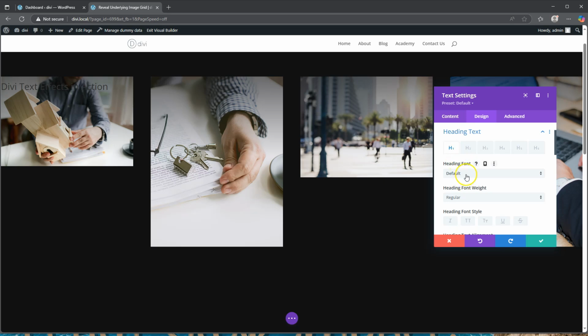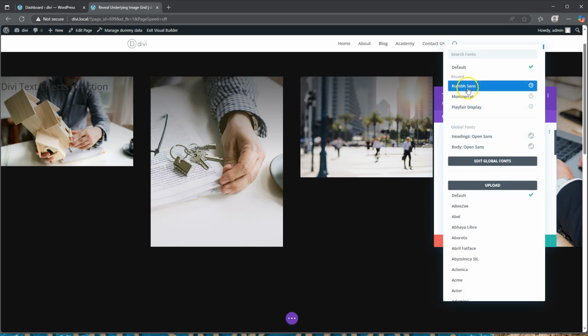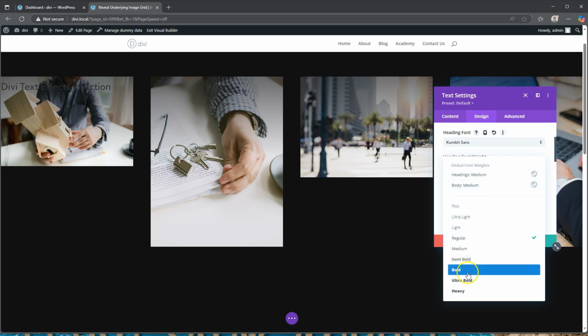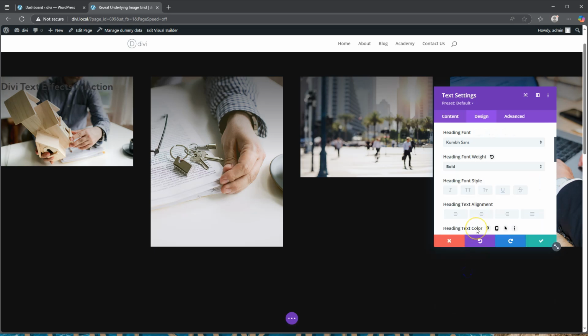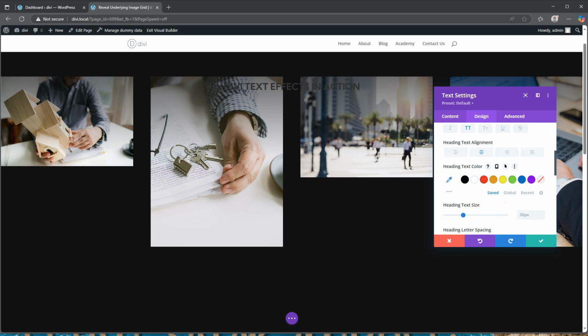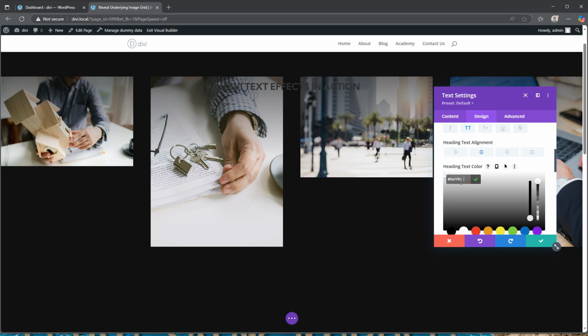So the font, let's make this Comfortaa Sans. Let's make it bold. Let's make sure it's all uppercase. We want to make the alignment center. Okay, we want to make the color a green,